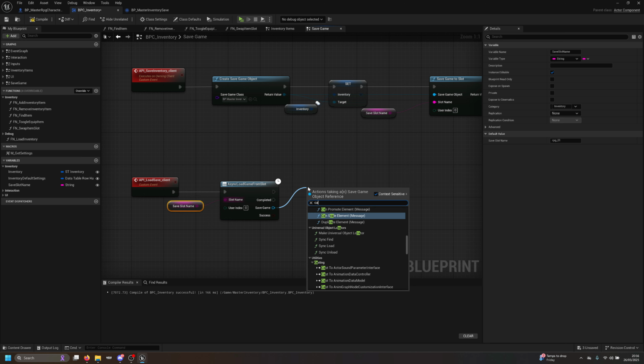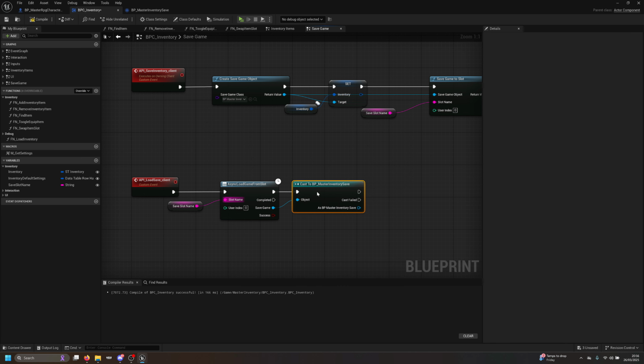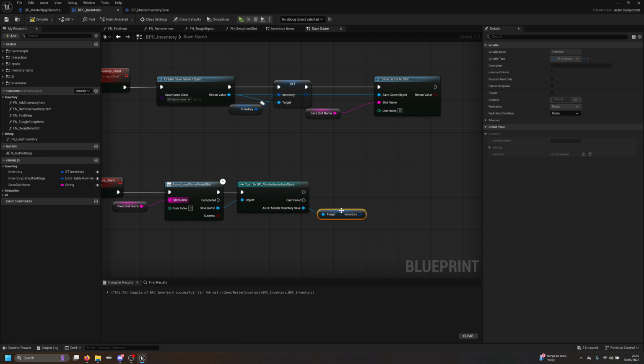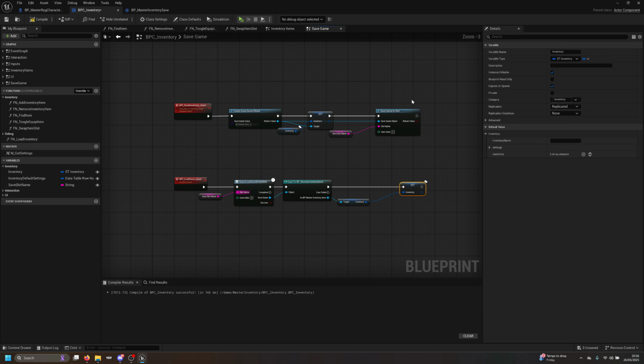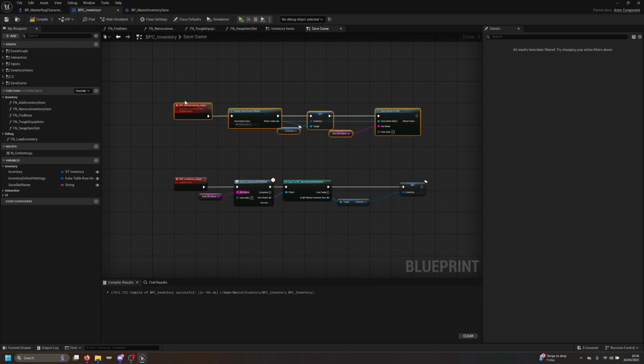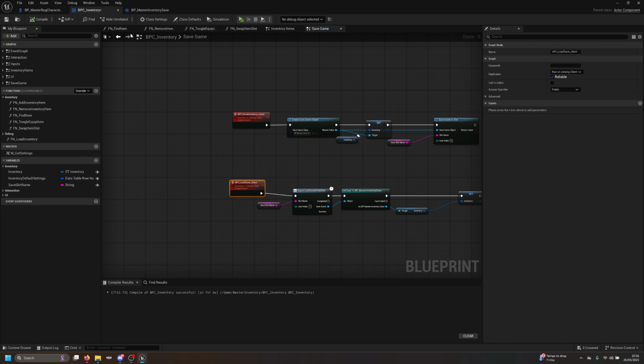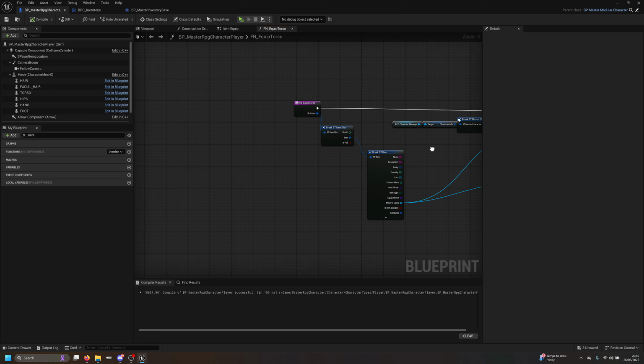Then what we need to do is cast to BP master inventory save. Then from that we can get the inventory, and basically what we can do is set this information here. Nice. Now here we control the save, and this controls the load. Oh yeah, this needs to be running on the client. Runs on the server, runs on the client. Okay, now what we need to do here